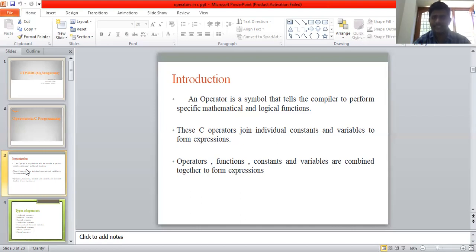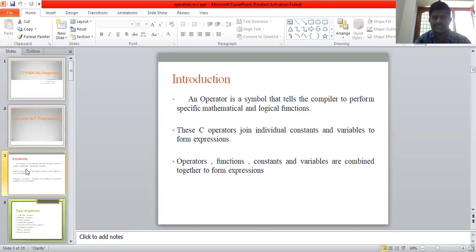What is an expression? For example, C equal to A plus B. Here it is one expression, an addition expression. Here A, B, C, these three are the variables, and the operators are plus and equal. These are used to perform operations, here the addition operation. Here there are two operands, A and B, and plus is the operator. It performs one addition operation. That is called an operator.